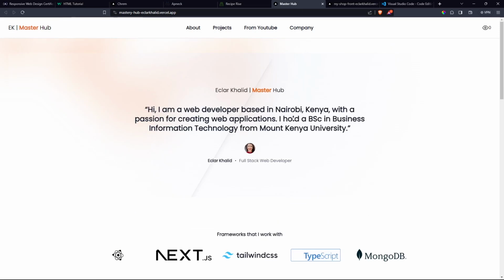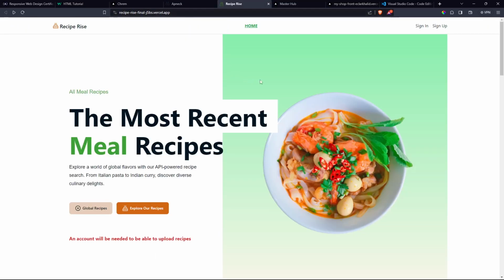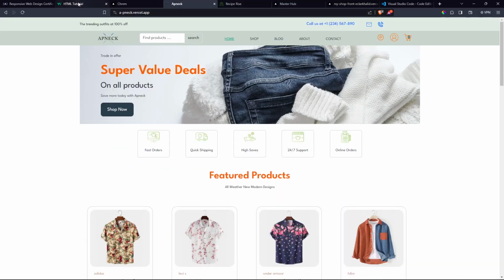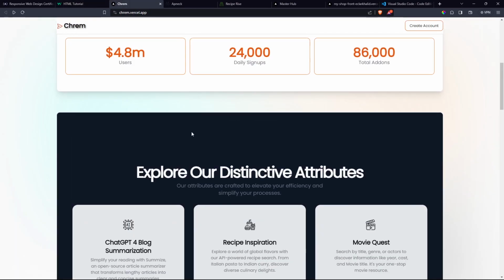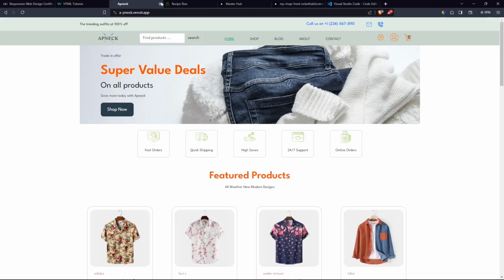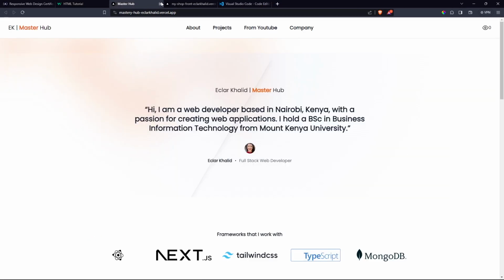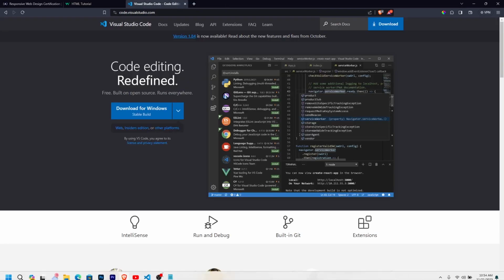You'll also be able to create your own portfolio so that you can showcase your work to either potential clients or your friends and all that. So we are going to start by learning the basics. So let's get started. To get started with learning HTML, let me first close all these applications, and then let's